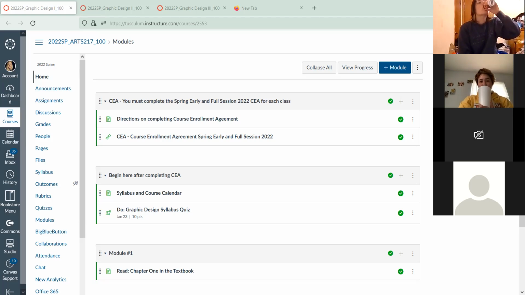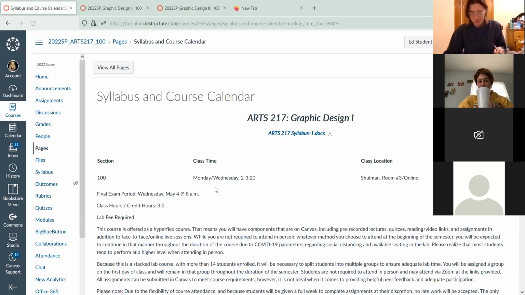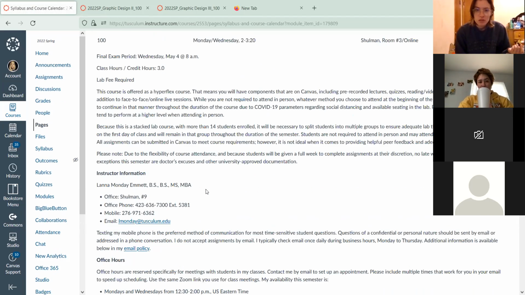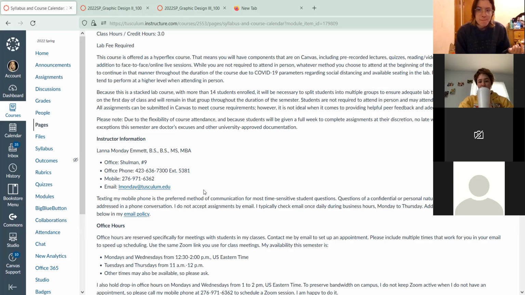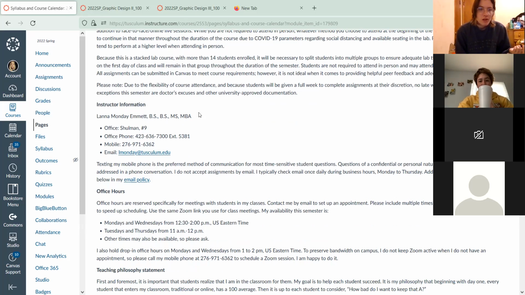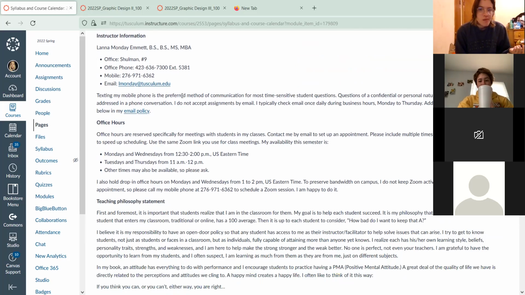Okay, if you guys want to look up front, we're just going to briefly go over the syllabus so everybody knows what we're doing. I'm starting with graphic design 1 because these are all very similar. In addition to your textbooks, this semester you're going to need a subscription to the Adobe Suite if you do not have one. I don't know if there's a sale for the year right now, but there was one when the fall came around.